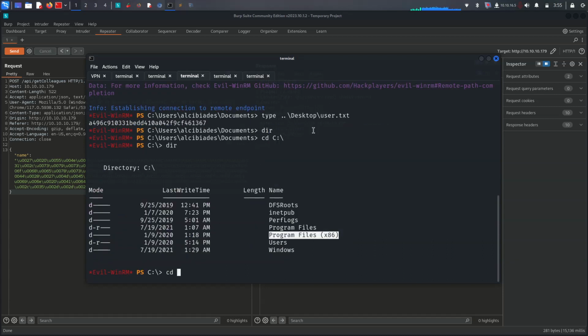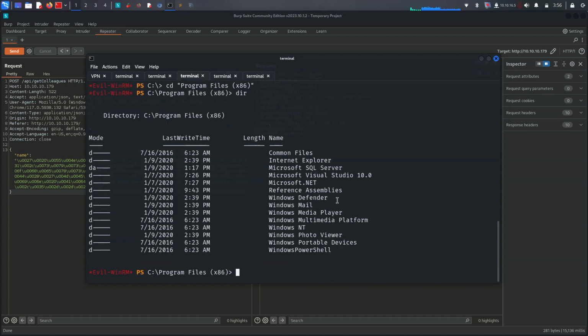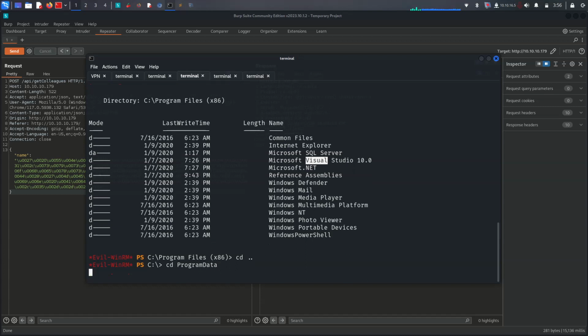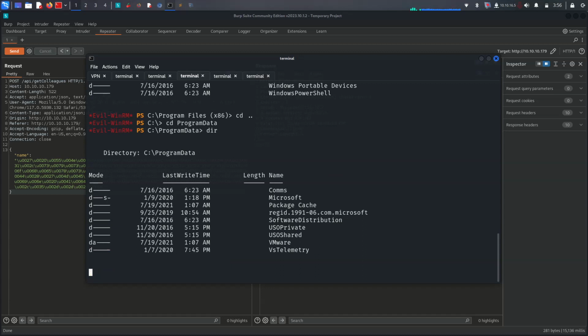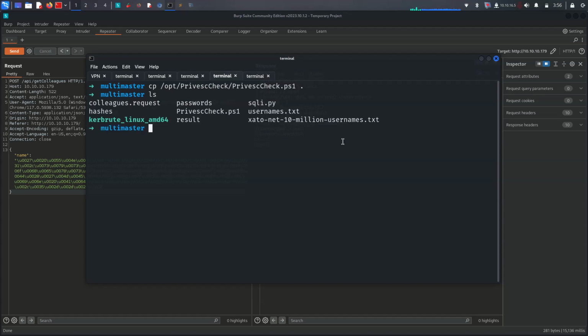Generally go for Program Files to see if there's some Windows Defender. Let me check it. As it is, we found Visual Studio here. I don't know, is it needed? I don't think so, but how we know is we can run it. Let me go back and go for ProgramData, call it here dir, and we are successfully able to get the privilege escalation PowerShell one. I generally use it,